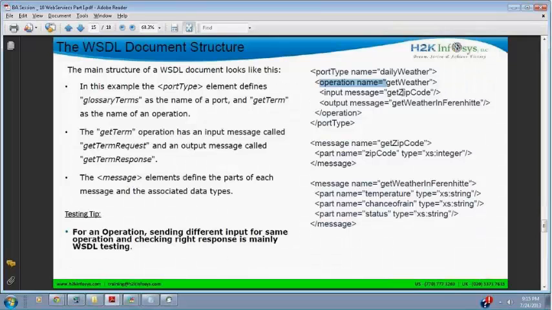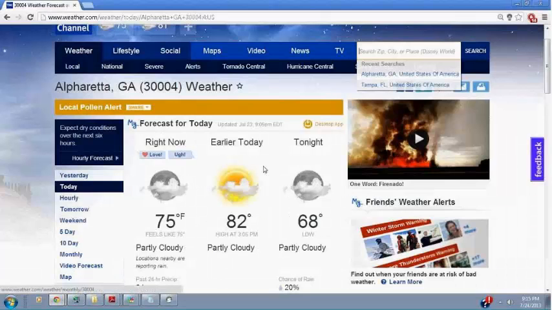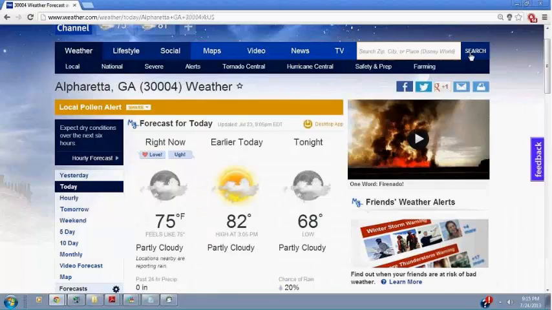So if you are passing a zip code like 30004 and you search it, you should get a proper response. And if you pass an invalid zip code, I should get an error message.